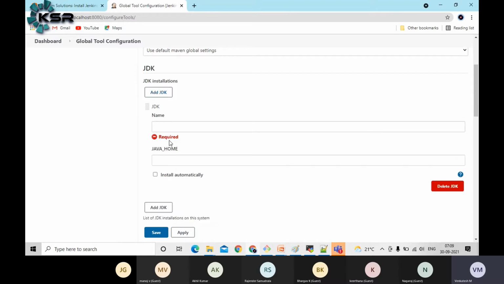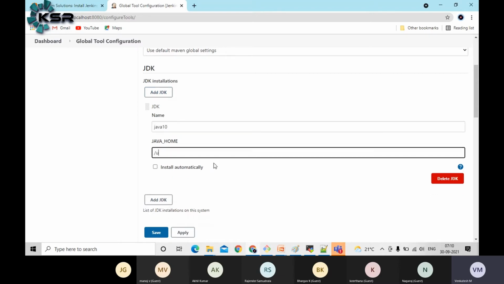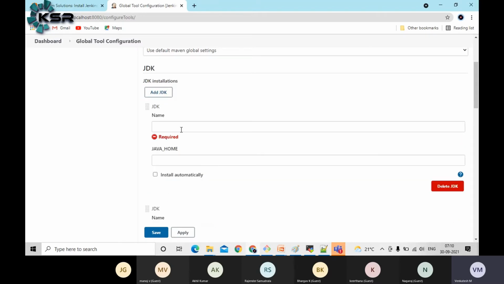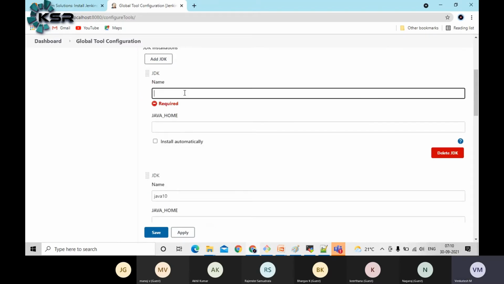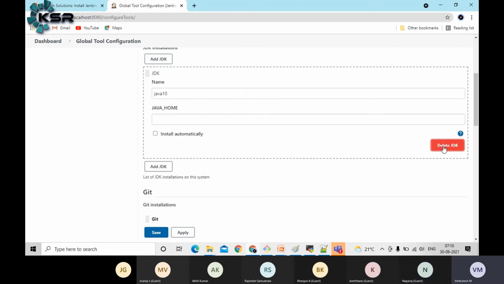That's it. Let me show you here. Let's say if you want to configure Java 10, what is the Java home? Say like user home, something like that. You can have some path here. Like this, we can configure, guys. If you want to add one more Java location, you can add it. JDK 11 also, something like this. Java 11. That means whenever you want to compile on this path, you can add it to the class path. So like this, different tools we can configure.